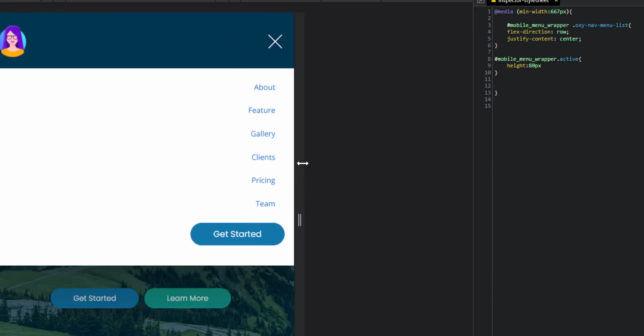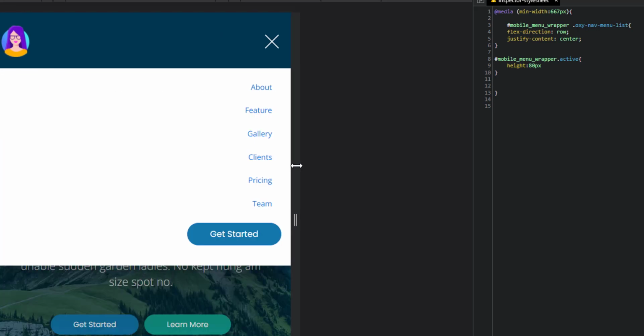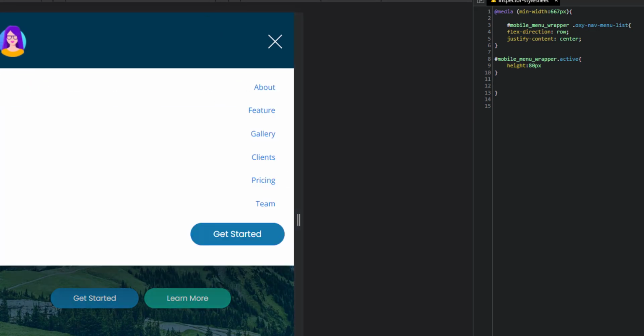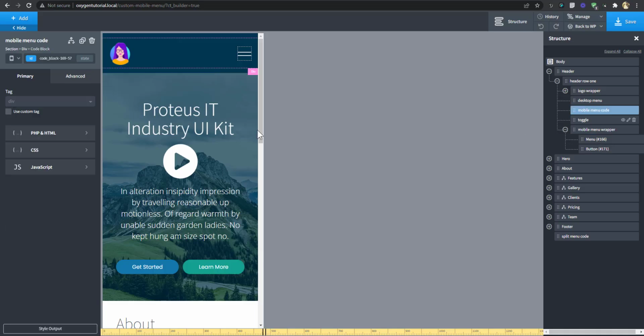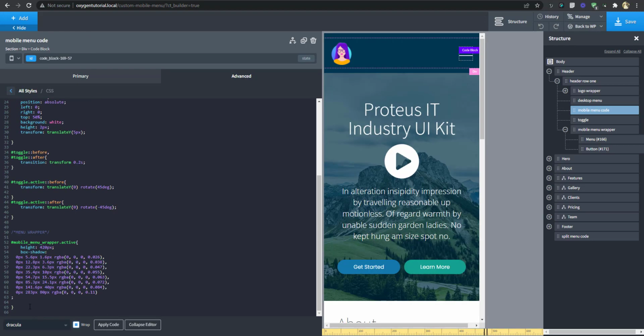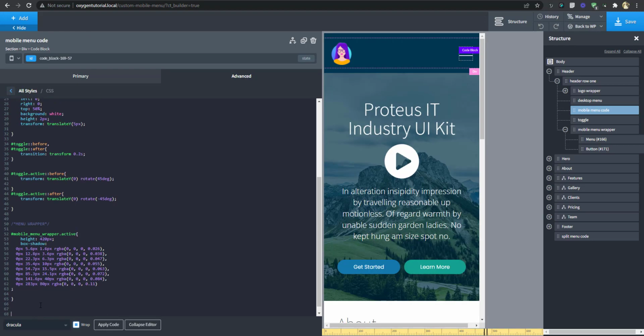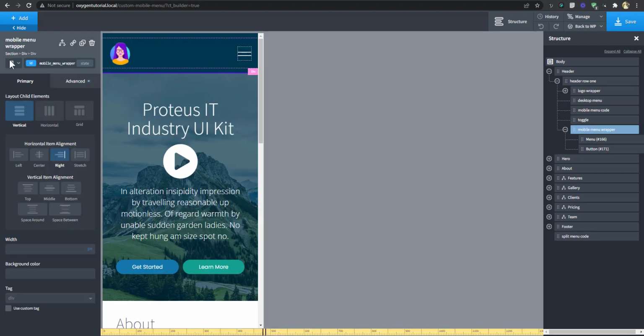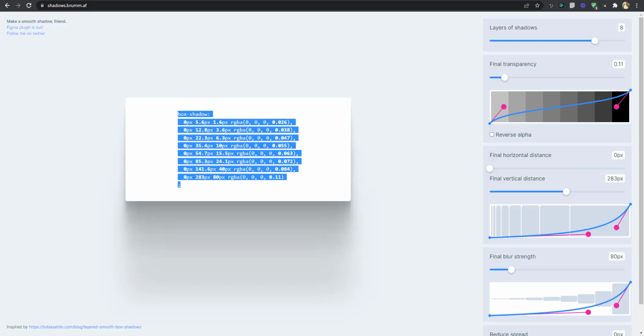So you see, now at that breakpoint, I don't want this button to be there. So let's go inside and see what we can do. See the code, go all the way down there and paste that. Now at that breakpoint, let's check our breakpoint. So we have 768. So what do we do?